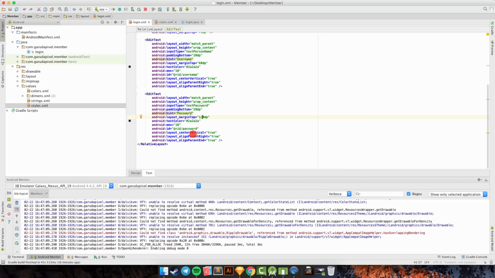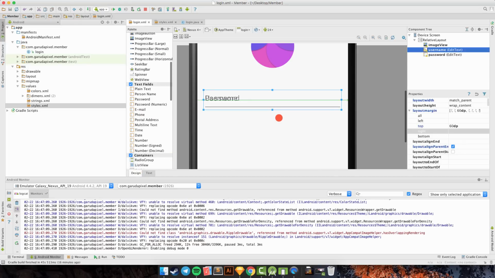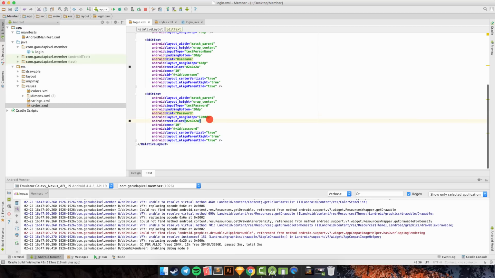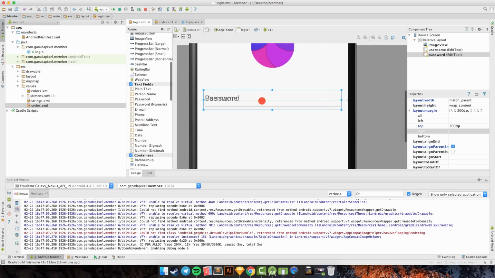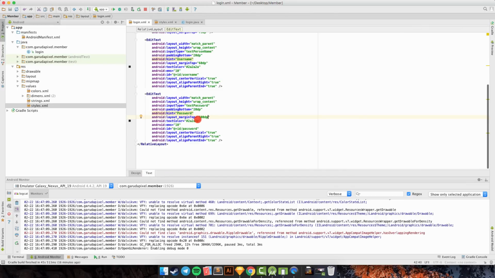No, why is it not working properly? We can change to 300 dp. No, it's not working properly. We can check first match parent width content. Can check it first. Yeah,